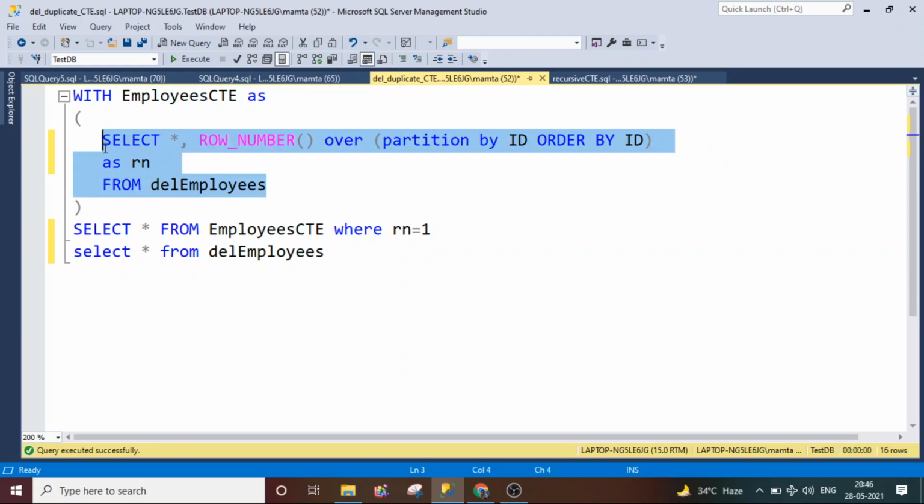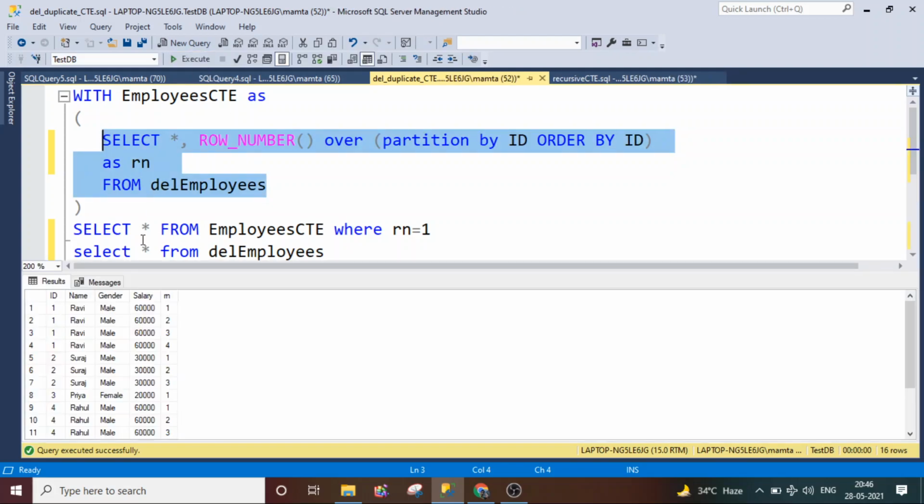I have used the ranking function, row number, to provide a sequential number to all the records based on the ID, because the ID is the key here. All the rows having the same ID number will get a sequence number.